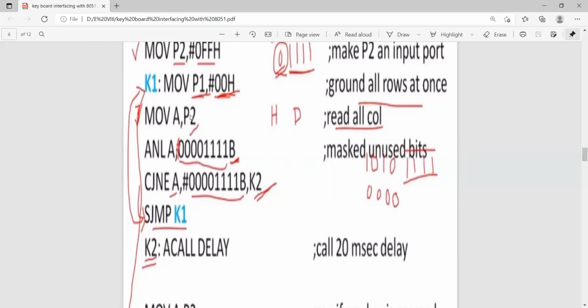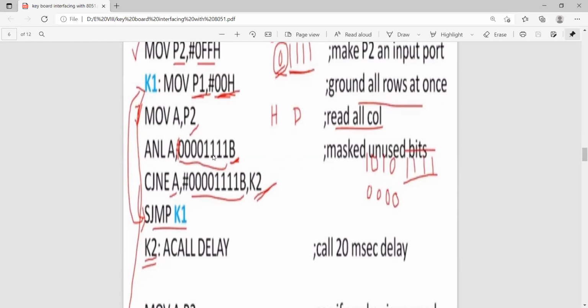If no key is pressed, the initial value is this one only. Then we logically AND with 0F. That is 0, 0, 0, 0, 1, 1, 1, 1, the binary equivalent of 0F.